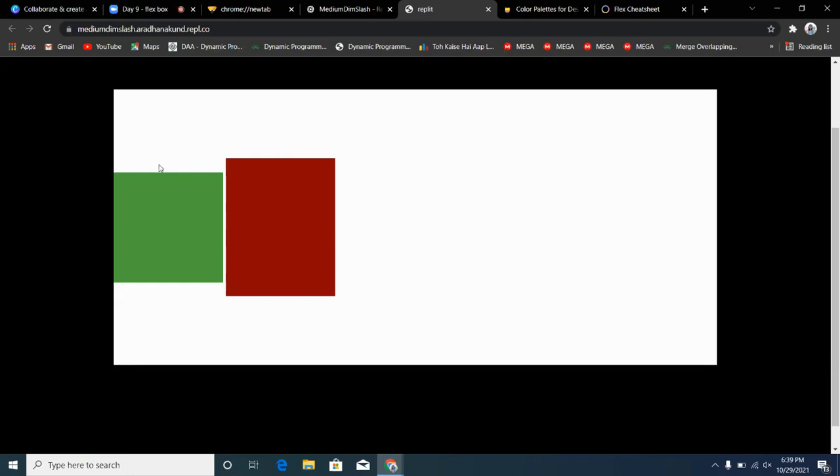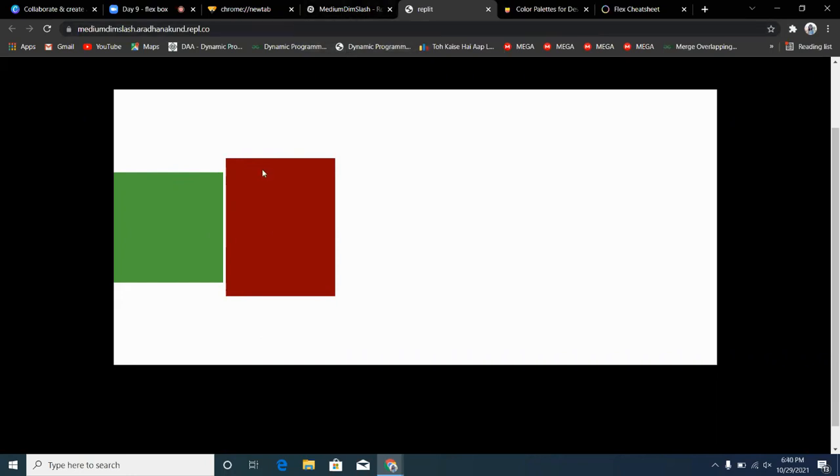Okay, this is on its center and this is also on its center, because you can see that both are not on the same line, both are separated from each other. They have a certain kind of gap over here also. Why so? Because both are arranged to the center according to their own preferences. This is small, so it is aligned over here. This is a bit larger, so it is aligned according to its own height. So that is the difference.